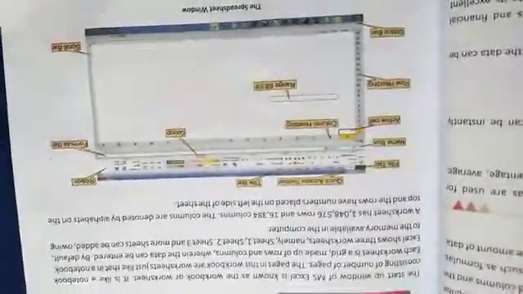The columns are denoted by alphabets on the top: A, B, C, D, E, F. And rows are numbered on the left side: 1, 2, 3, 4, 5 in this way. Now there are different options which you are able to see: file tab, name box, active cell, row heading, status bar, range, column heading, quick access toolbar, title bar, ribbon, formula bar, and scroll bar. These are the different components of your MS Excel worksheet.